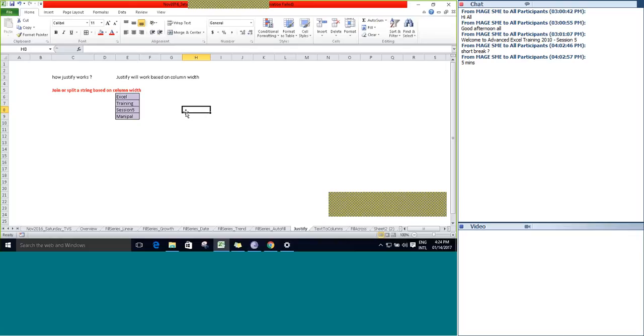An alternative approach is available to justify in a better shape. Here, based on column width only, we can join or split the string.